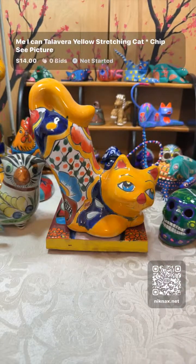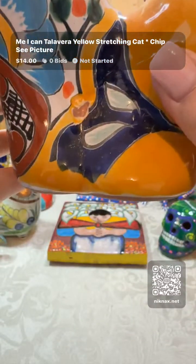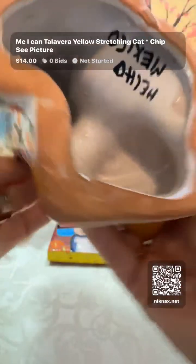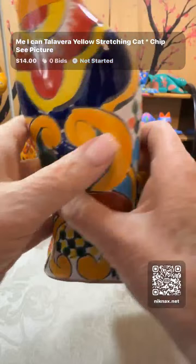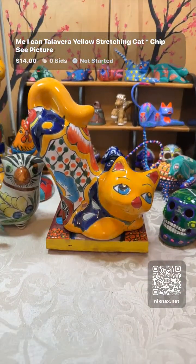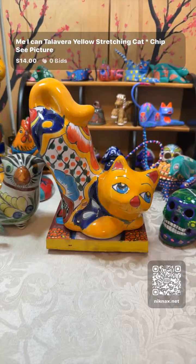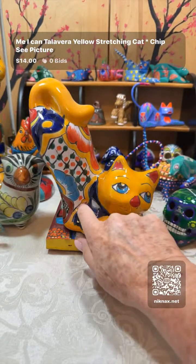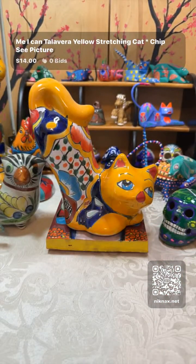And it's going to start at, well, let me not get ahead of myself. I did take a picture. There is a little chip right there in between his legs, but otherwise it is Hecho en Mexico, made in Mexico. Beautiful yellows. He's kind of a stretching kitty with his hiney in the air. And he's going to start at 14, and he's running. He's pretty tall, about 8 inches tall at the back. That chip, I'm sure you almost can't see it, but if you got some yellow acrylic paint and put it in there, it'd probably be hidden pretty good. I just don't want to do that because then